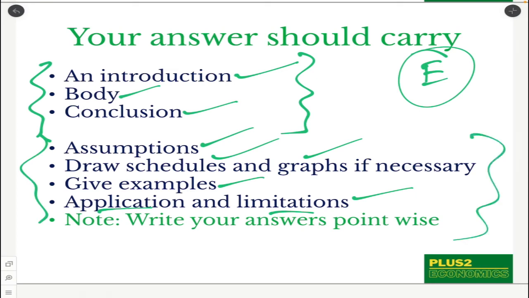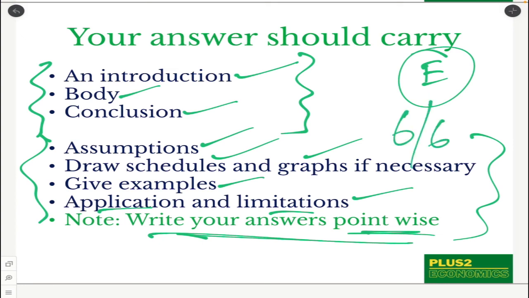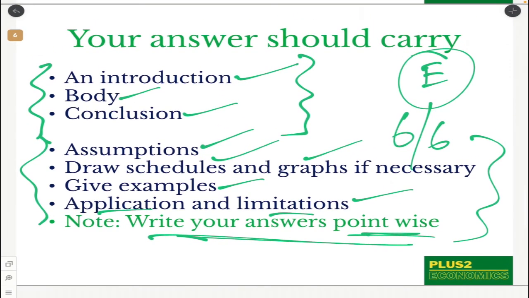And if you're covering all these things, remember to write this in the heading, underline it well, and write all your answers point-wise. Very, very important. Nobody has the patience, nobody has the time to go through your answers if it is written in paragraphs. Make points, number those points. So that makes it look nice, and that gets full attention of the evaluator, and it increases the chance of scoring 6 out of 6. So these are certain strategies which you should follow to make sure you get 6 out of 6.